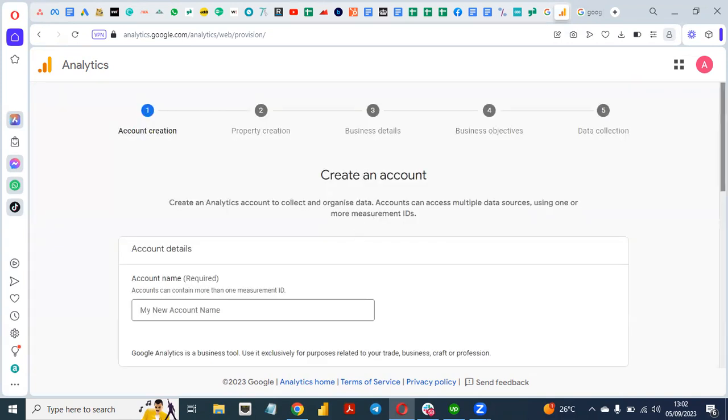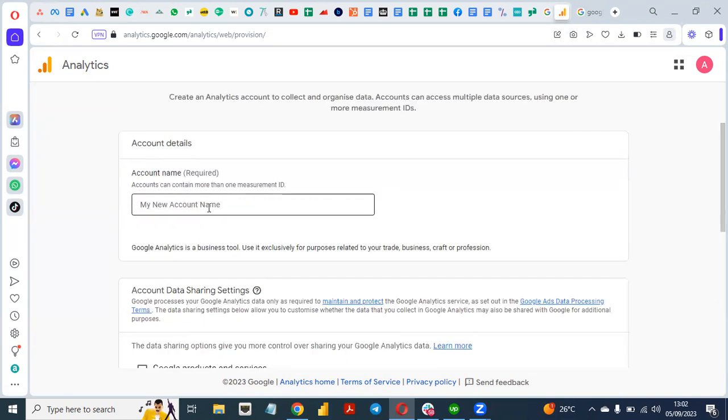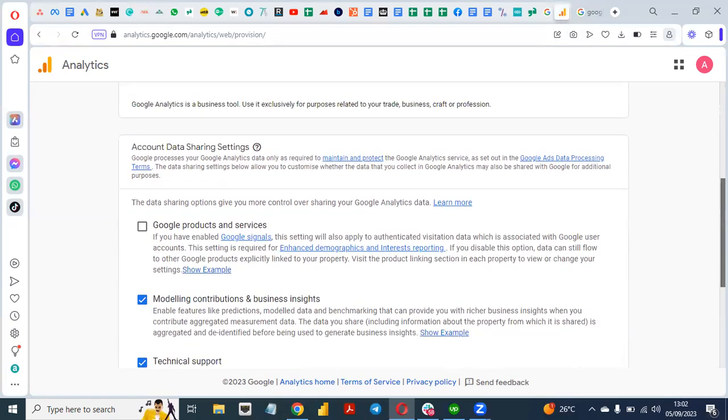Once you click on Start Measuring, you give your account a name. So let me give it GNLD new life product. At this point, you can give your Google Analytics 4 account any name. This is required. The next thing you need to do is